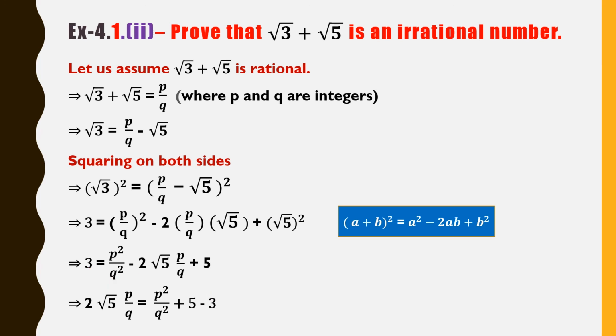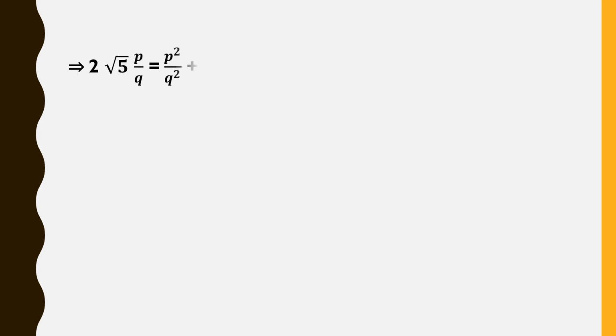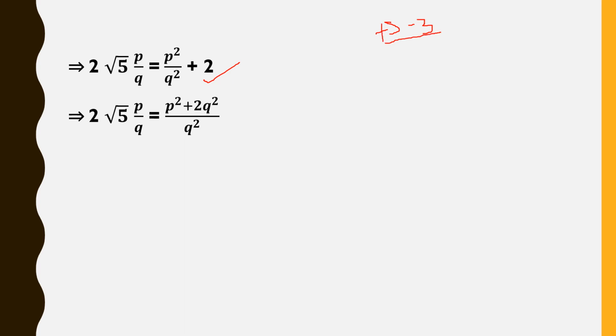Okay, so let us go to the next slide for the next step. So this is your next step. 5 minus 3 is there in the previous step. So 5 minus 3 is plus 2, because 5 is having the plus symbol. So plus 5 minus 3 is plus 2. Now what you should do, we should send this p by q and 2. Only root 5 should be there on the left side, right? We are having these two extra.